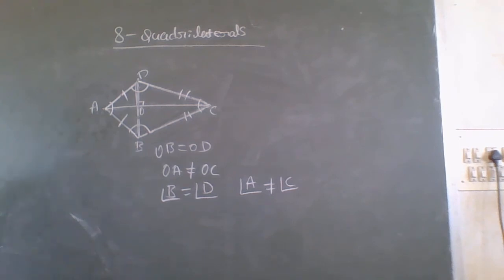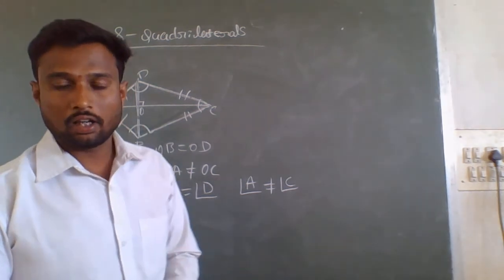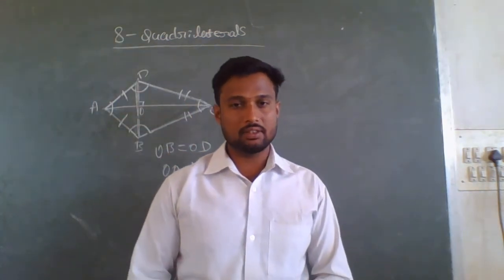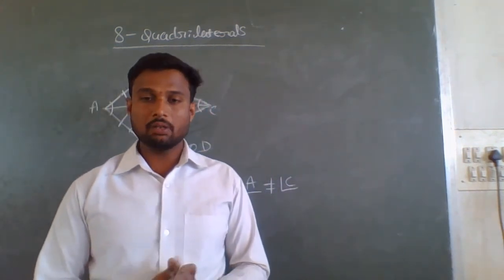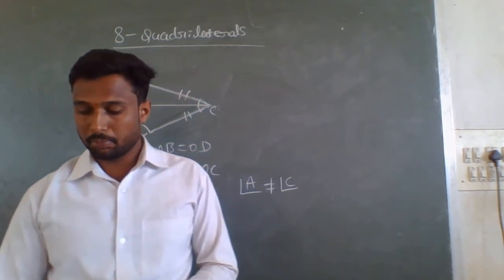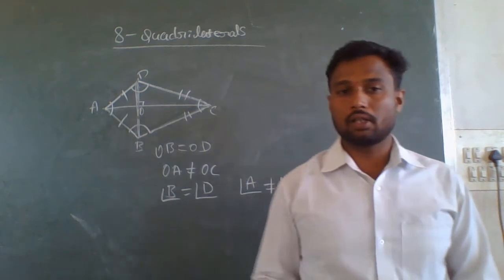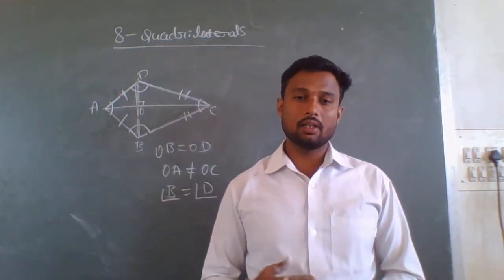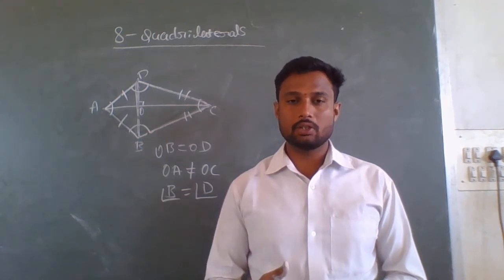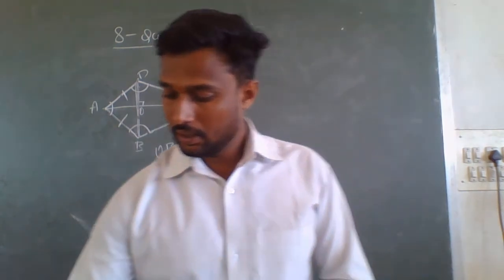So these are the different types of quadrilaterals. What do you mean by quadrilateral? A quadrilateral is a polygon with four sides. And what are the different types of quadrilateral we have? First we discussed the parallelogram. What is the meaning of parallelogram? Here opposite sides are parallel in a quadrilateral, and the properties of a parallelogram are that opposite sides are parallel, opposite sides are equal to each other, and another important property is that diagonals bisect each other.